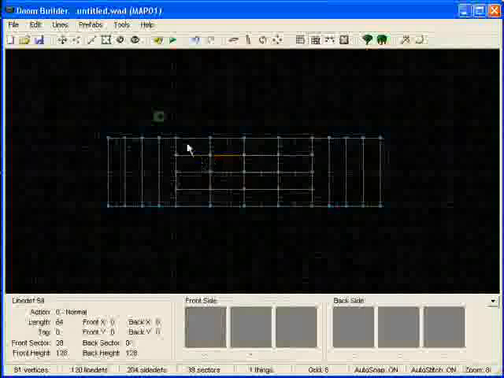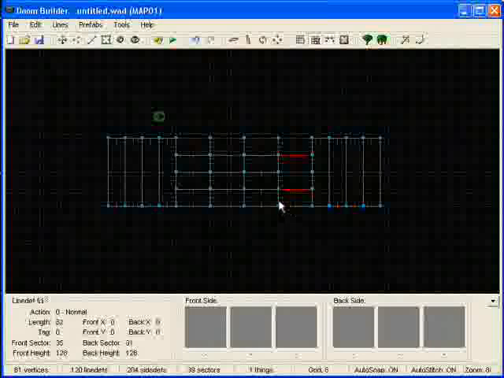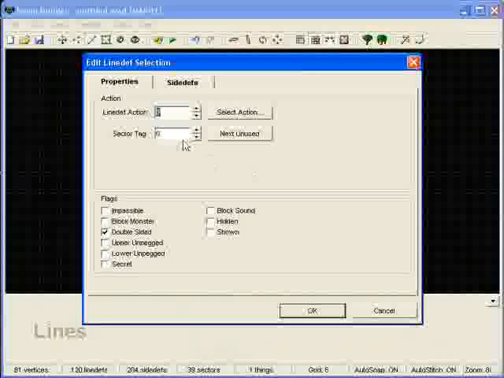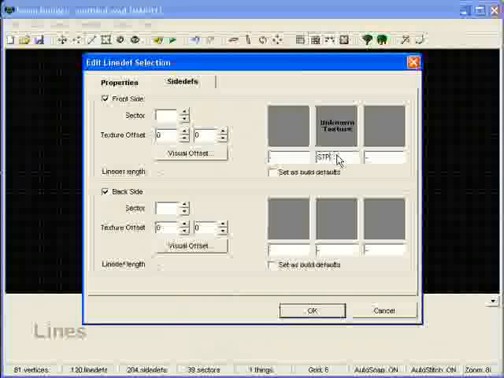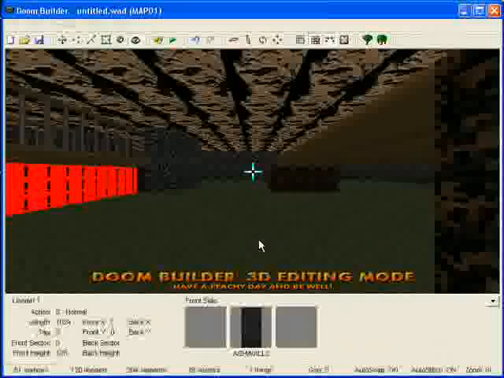So we'll go ahead and select all of these lines, except for the ones that are actually connected to the stairs. They're actually part of the stairs themselves. And we go ahead and go through and select each of these lines. Okay, right click, and we're going to go ahead and make a lower peg, step top. Okay, make them 48 from the floor. Alright, and hit OK. Alright, now go into 3D mode and you will see that we actually have a bridge here,